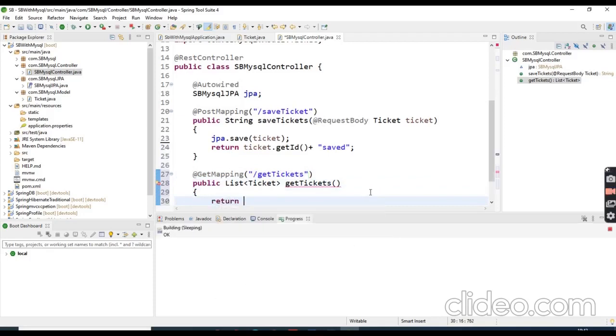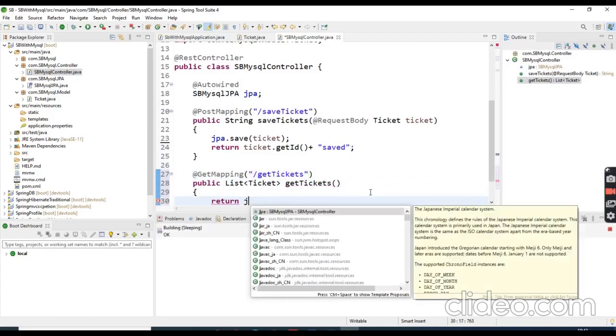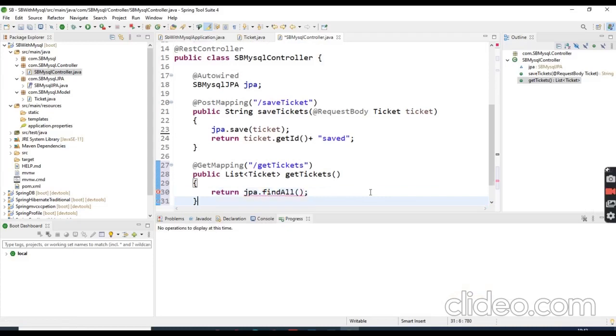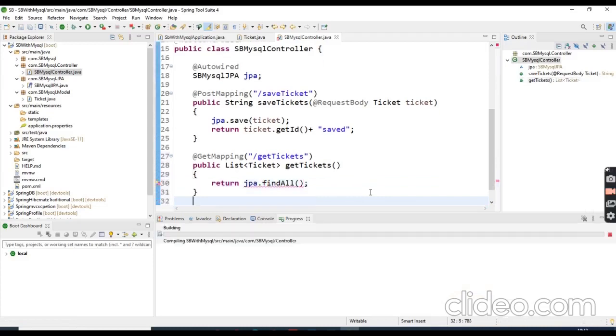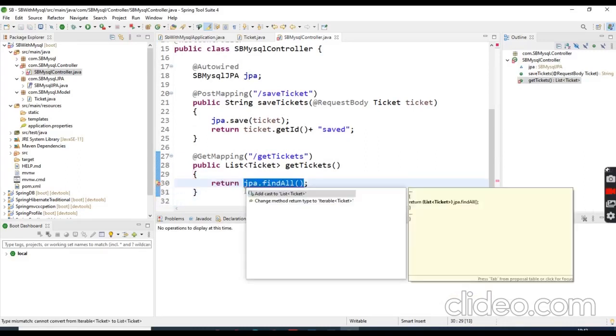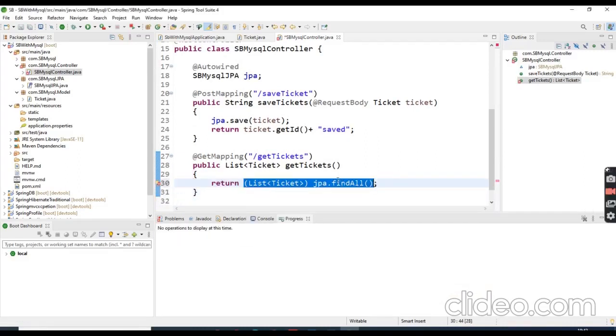Then we pass the URL getTickets. Simply return by using the findAll method, jpa.findAll. Yeah, that's it. It will return a list of Ticket objects. We need to convert this findAll result to a List.